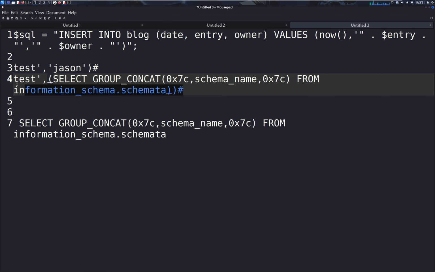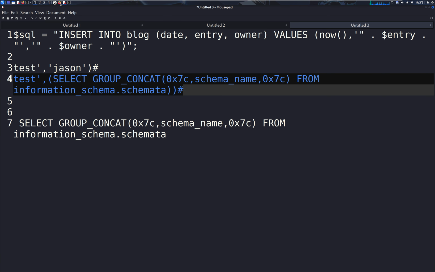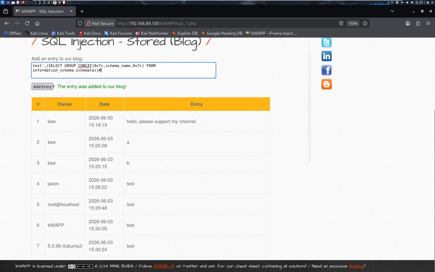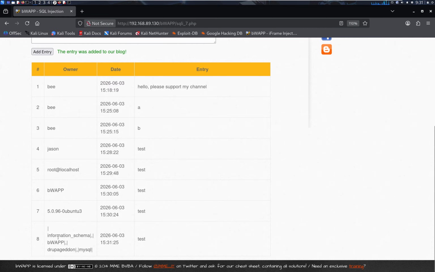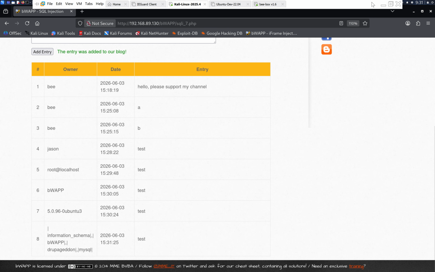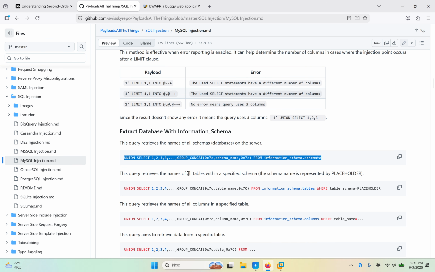Okay, let me copy the entire payload and run it to see whether we can get back a database schema or not. Yes, there are 3 or 4 databases: information_schema, this is the default database for MySQL, and the current database bWAPP, and this is another one, and mysql. If you want, you can get like the names of all tables. We can copy